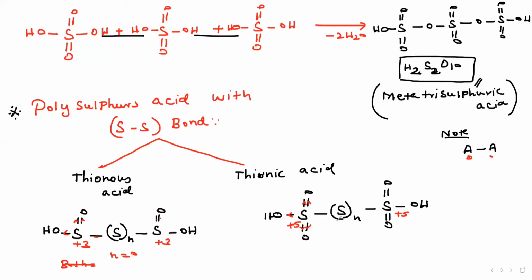Now I'm going to give the example, you will understand. What is the n value? Please note. The n value should be 0 and 1 and 2 and 3, etc. Okay. We can start from 0 also. Now give the example. Please note. Very important example. Please first take thionous acid. Okay. Please note. First example. Thionous acid.